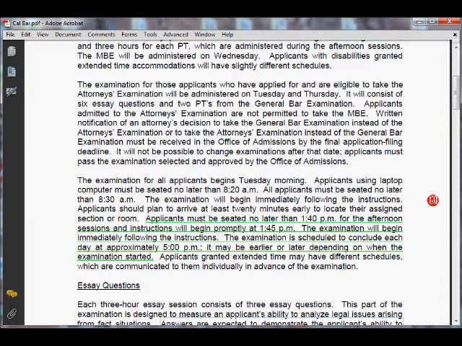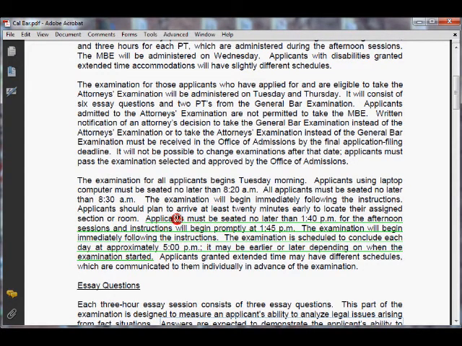So when you're studying for the bar exam, if at all possible, try to start studying about that time in the morning, maybe a little earlier. A little later might be okay, but if possible, don't study from 1 in the afternoon until midnight. Obviously, if you're working, you've got family obligations, there are reasons you couldn't do this, but as much as possible, try to fit the timing in with the bar.